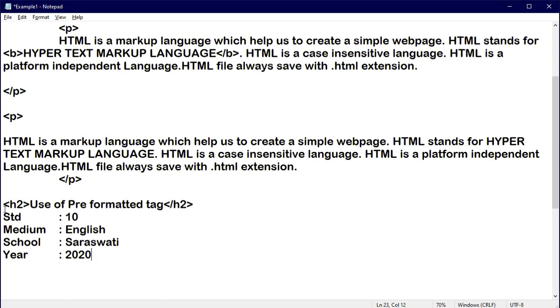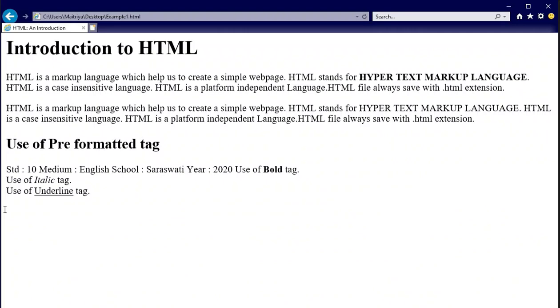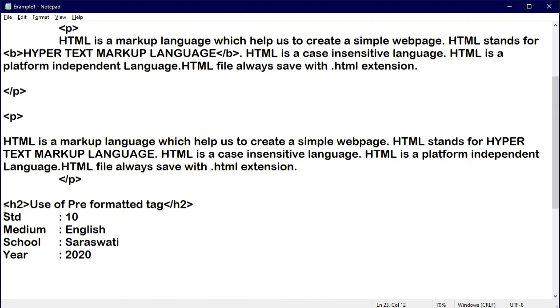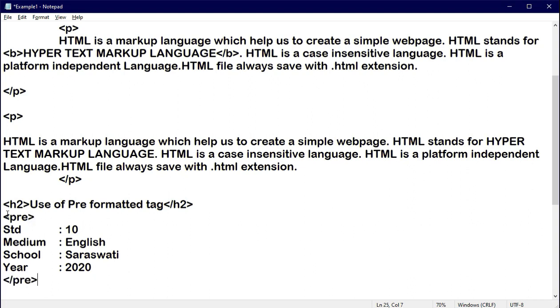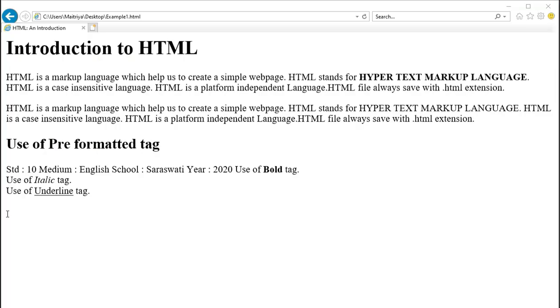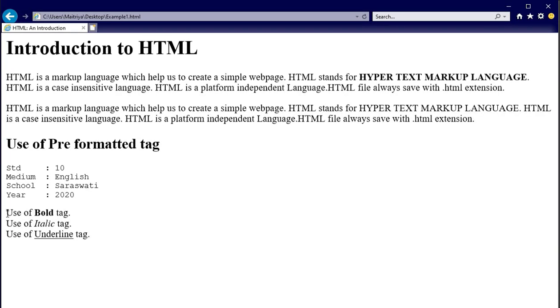Now if you see all the information which I have written here, it is written in a proper manner. Exactly in the same form I want to display the output on the screen. So just save your file and press F5 key. Here you see all the information appears in one single line, which is not considered a proper output. So if you want to display in the same format, then HTML provides a tag and the name of the tag is pre-tag open, and here I am writing pre-tag close.